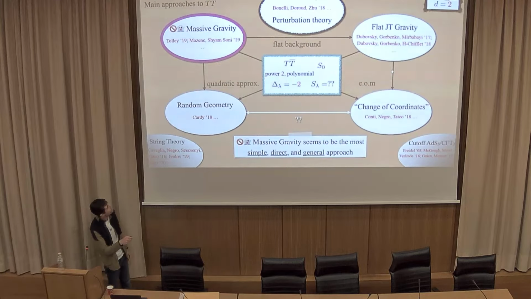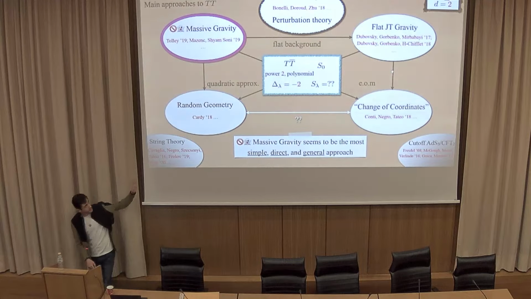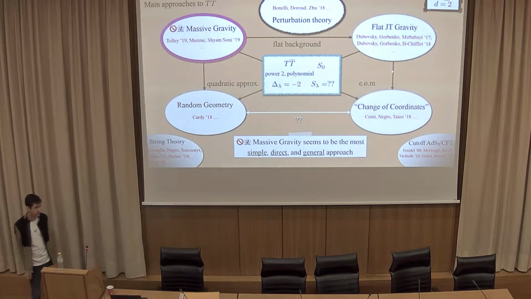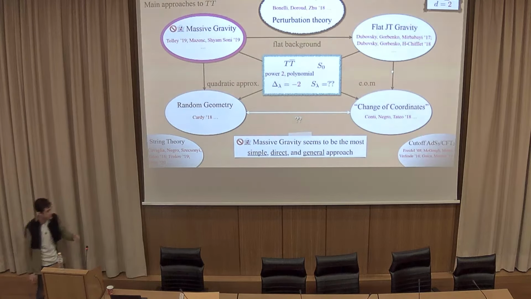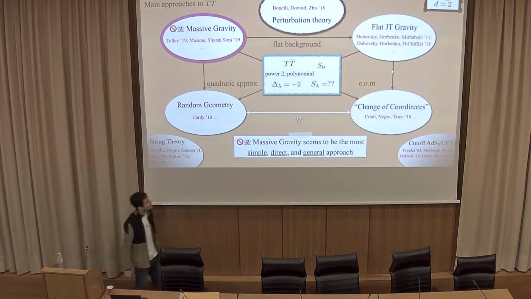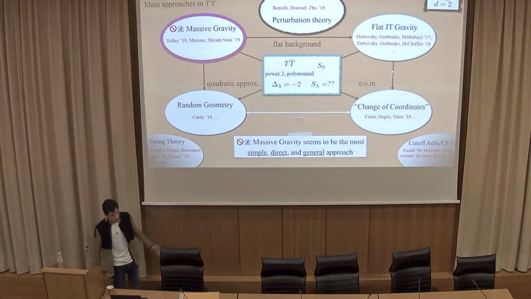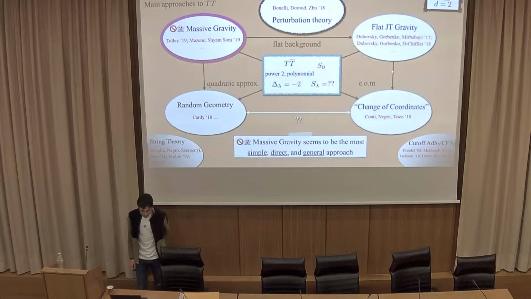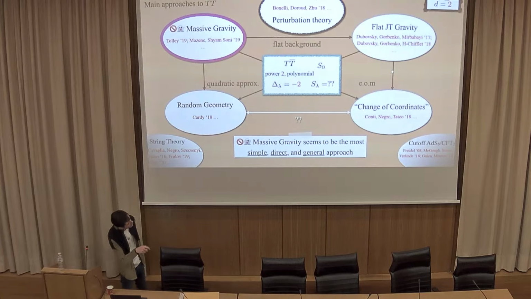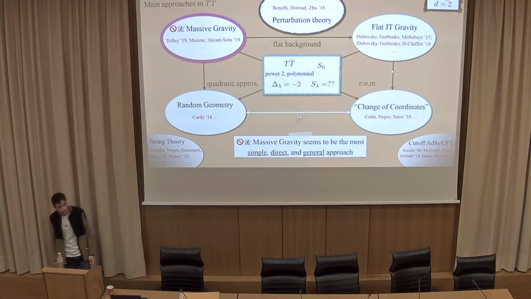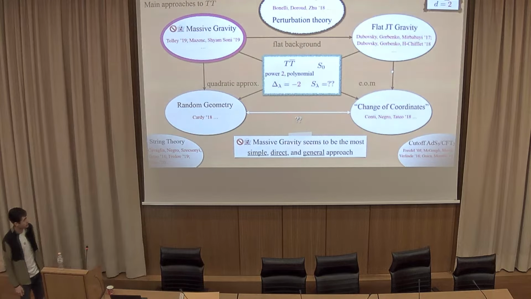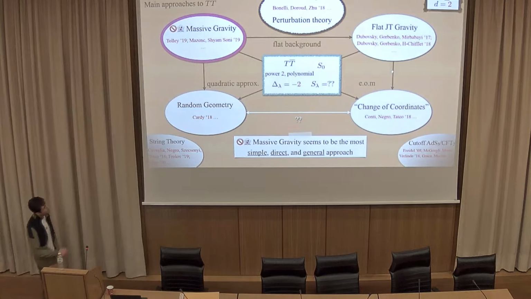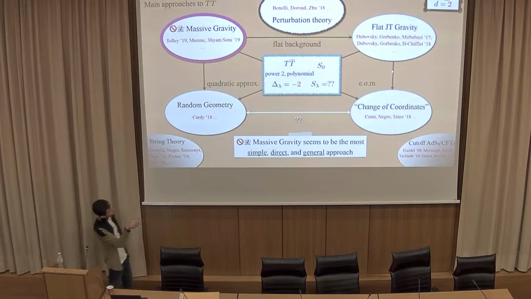There is the random geometry framework by Cardy, where you can think of this particular deformation as a Hubbard-Stratonovich transformation, where the auxiliary field is again a spin-2 field. So you see gravity enters very naturally in the game here, even though we're talking about quantum field theory. And there is a very intricate structure where you can get to your deformed theory by a very sophisticated field-dependent change of coordinates. These are the main approaches to find S lambda.